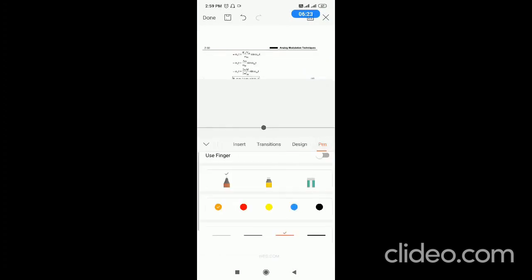Wait, I'll take a pen so that it becomes easy for you to understand. So omega i, you need to calculate omega i. The standard form of the FM time domain equation is Ec sin omega i t. Ec is the amplitude of the FM signal, which is the same as the carrier, and omega i depends on two things: the frequency of the carrier as well as the message signal.